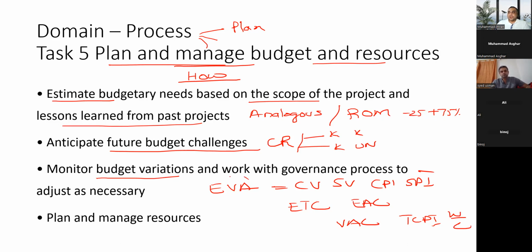Based upon the earned value analysis, we'll be performing funding limit reconciliation, where we keep checking how much money is left in terms of amount and in terms of contingencies, so we can get the required amount on time or before time, and manage the project resources